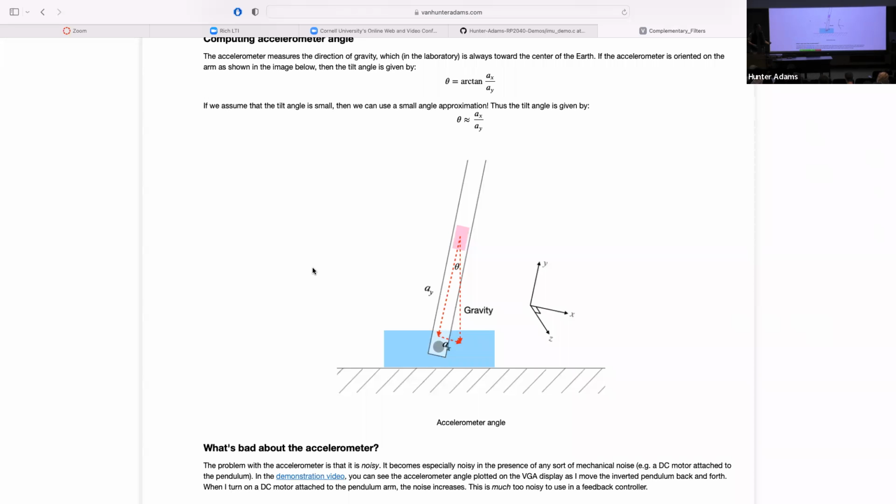That is to say, if you have true knowledge of the actual angle and you're plotting the angle as estimated by the accelerometer against that true angle, it bounces around the true angle. It doesn't have a bias, but it has a lot of noise. So much noise that we couldn't just use this as the input to our PID controller and have the controller work. It's simply too noisy, especially once the motor starts turning. The noise explodes.